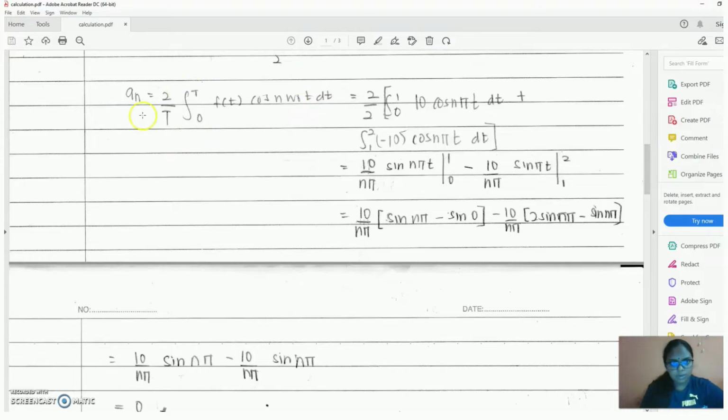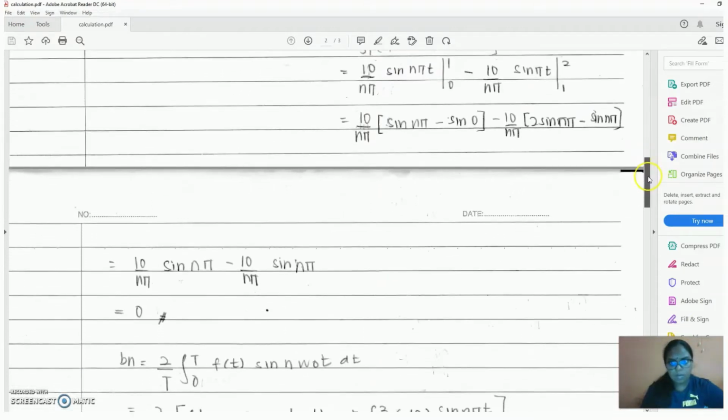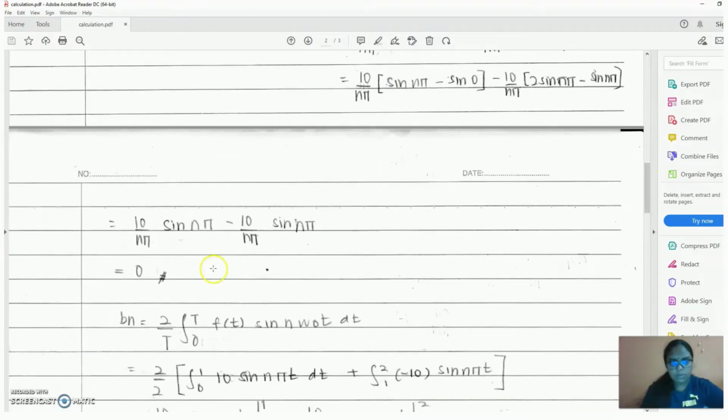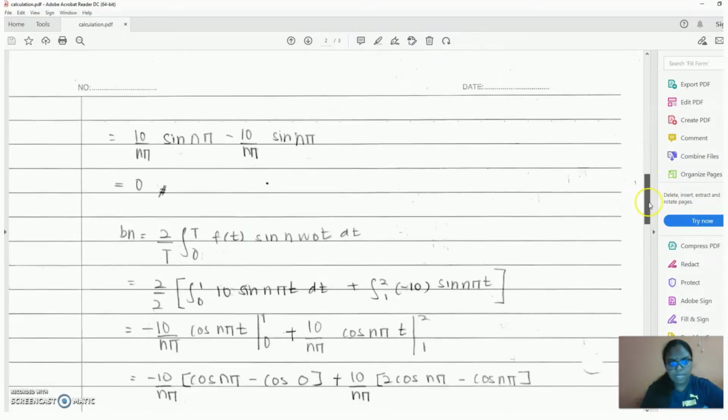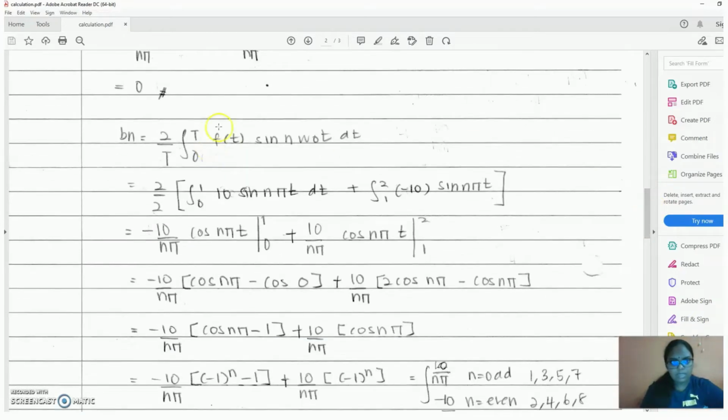This is the formula for AN, and this is the method. We insert the FT and the range, and we will get the answer 0. So for BN, this is the formula, and we insert the FT and the range,